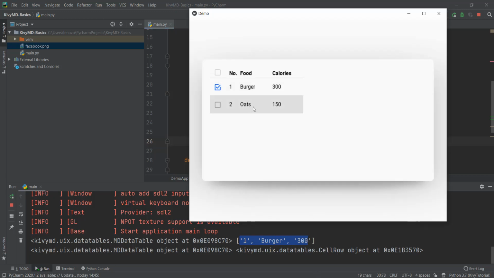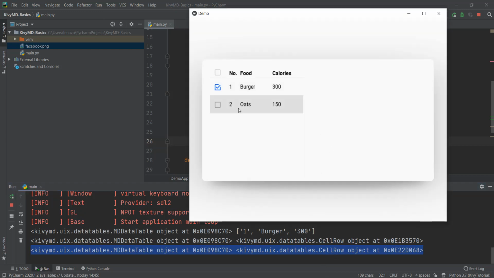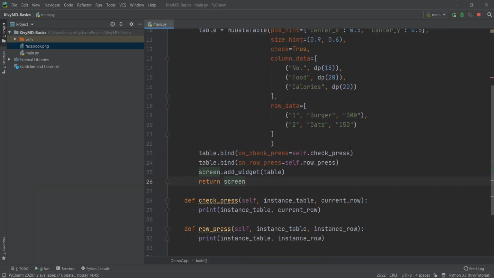And now let's try and click on the row item. So for example, if we click over here, you can see we are getting another object, and you can obviously extract data from it. But for right now, we are just getting these objects from which we can extract the values. Now the last thing we need to learn is how to display a limited amount of rows over here. So for right now, we have just added 2 rows. So let's add multiple rows over here.